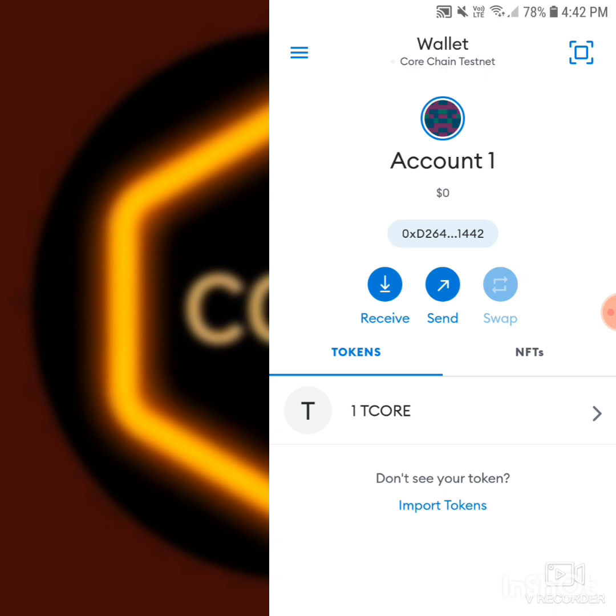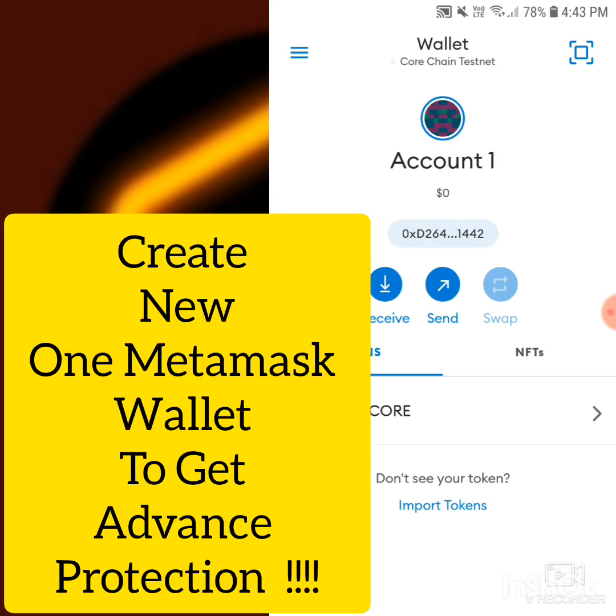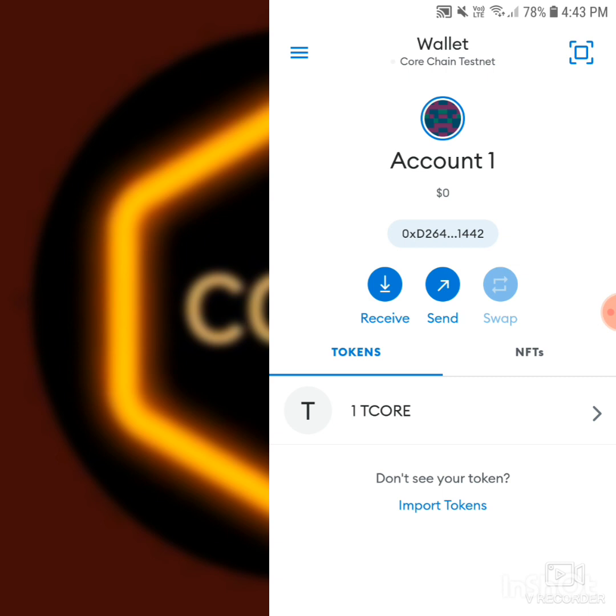And if you did a testnet transaction before, don't use the old MetaMask wallet. Please create a new one. Before linking the withdrawal address, just create the MetaMask wallet and keep your passphrase, recovery key and password. And before linking the withdrawal address, just try once for trial purposes. Uninstall this application and install it again, and try your secret recovery phrase and password to restore it. If it works successfully, then you can link your withdrawal address,